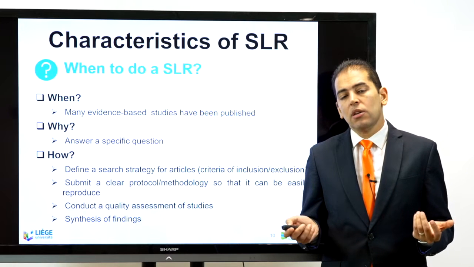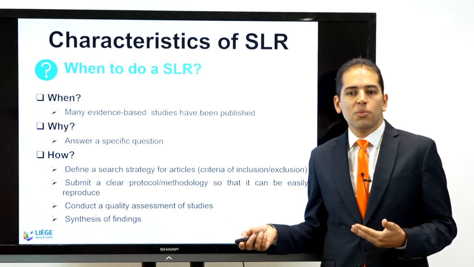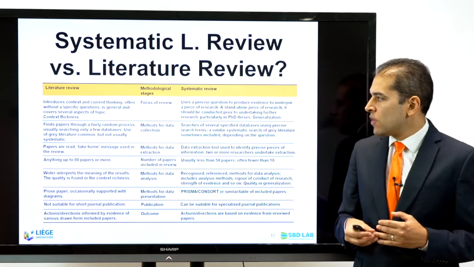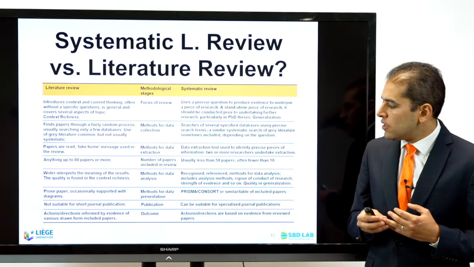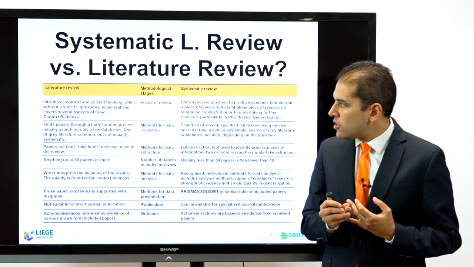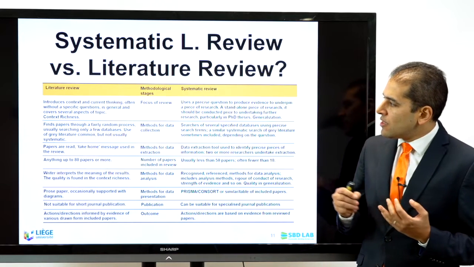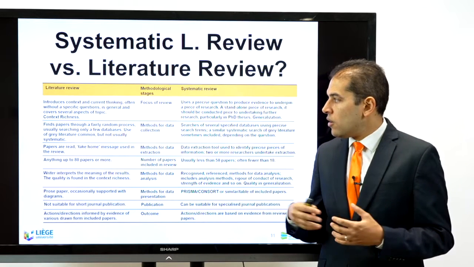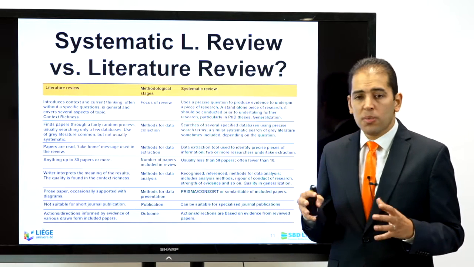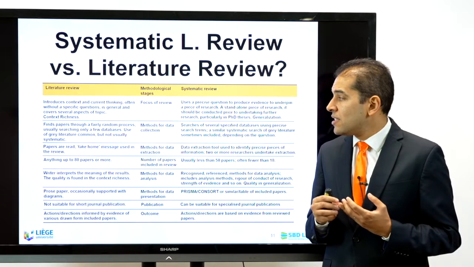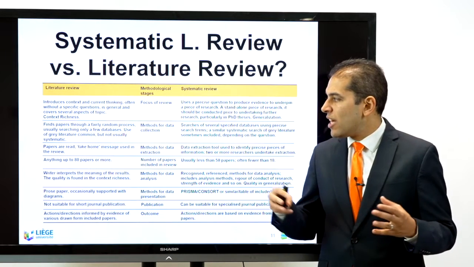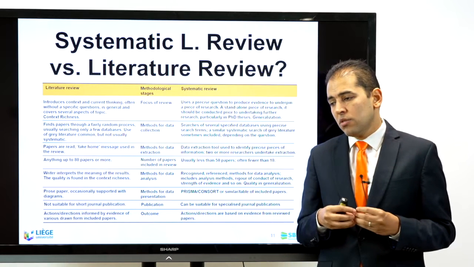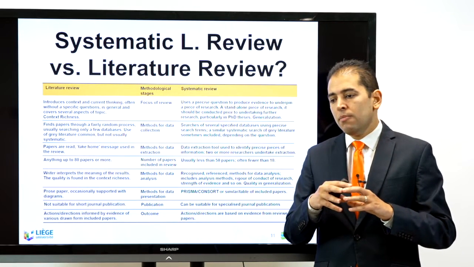Now comes the classical question of what is then the difference between a systematic literature review and a classical literature review. Here is a dense table that has been developed previously, and you can see here that the literature review in general is introducing context or current thinking, often without a specific question, and it is more general and it covers several aspects of a topic. So here we are looking at a context-rich manuscript